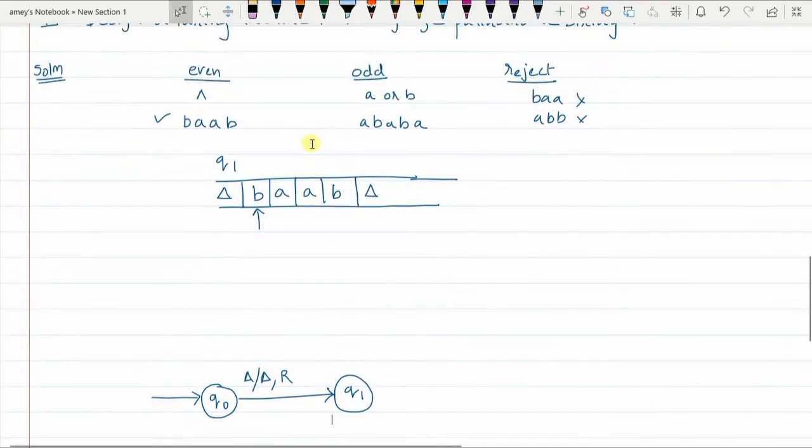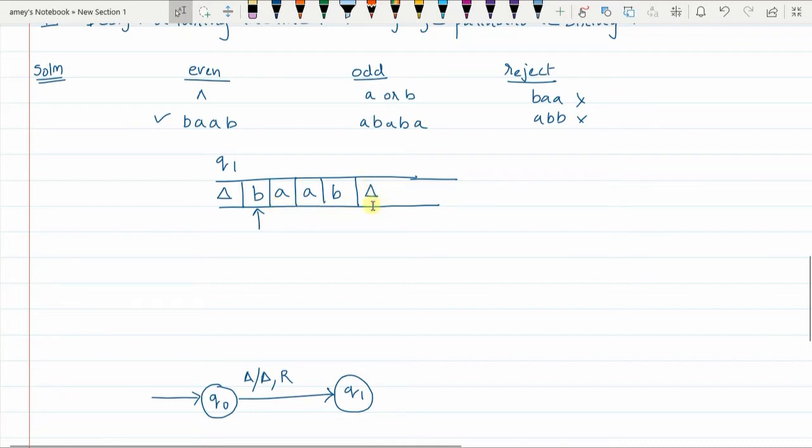Now in Q1 state, I may encounter A or B as the first element. Suppose I encounter B, then I will mark this B, or wipe this B. Then I go to the right, and while going towards the right I ignore any number of A's and B's that I encounter on the way till I reach the end of the string.